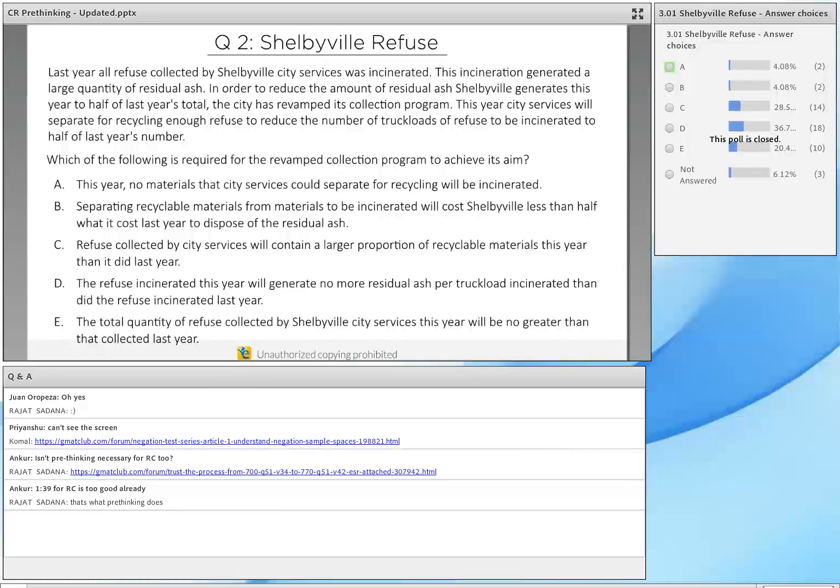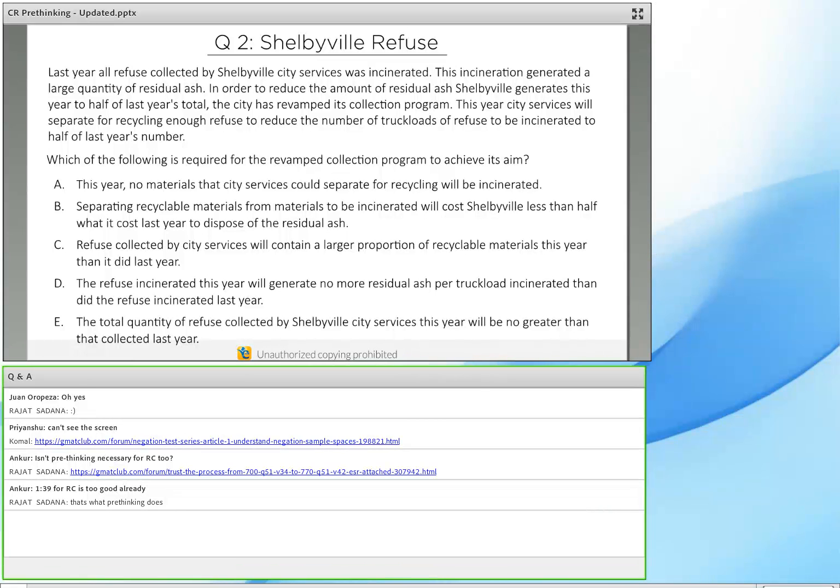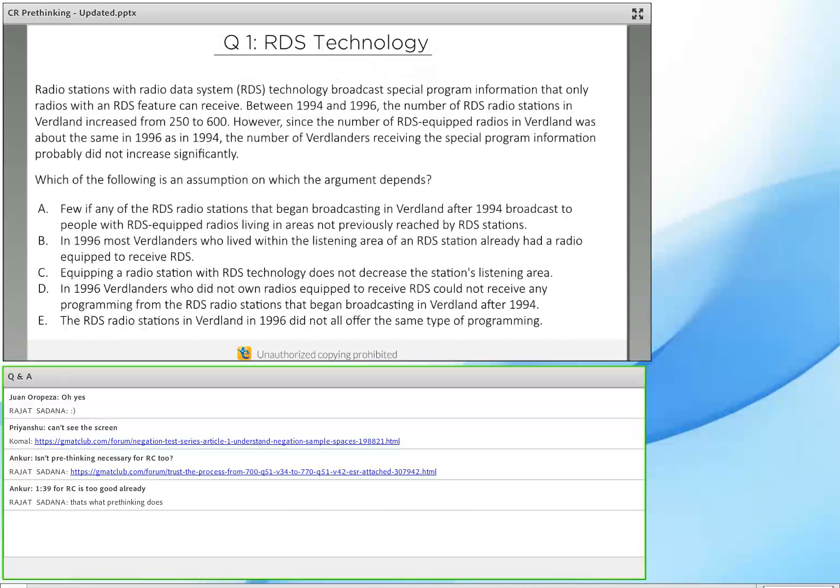So what we see over here is choice D to be really popular, choice A and choice E are really popular as well. So again, a split jury, and no clear majority here. So let's see how we go about approaching these questions. Now, as I mentioned earlier, both these questions are difficult, challenging questions, and each one has a certain trait which is really important when it comes to solving difficult questions on the GMAT. So let's look at this.